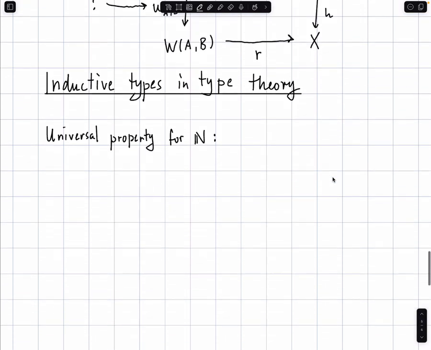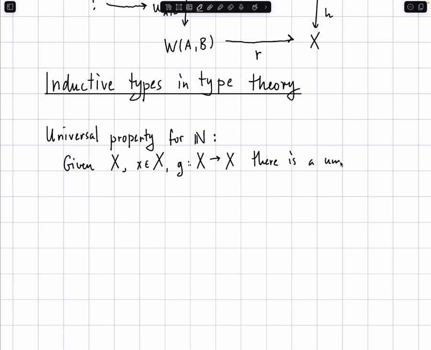Okay, so this would give us, given a set x, an element x in x, and a function g from x to x, there is a unique map from natural numbers to x. This is the one we called R,